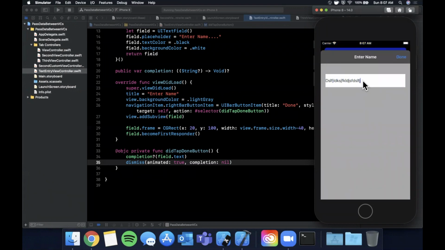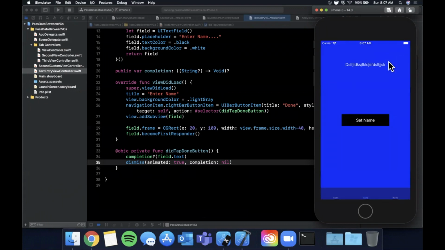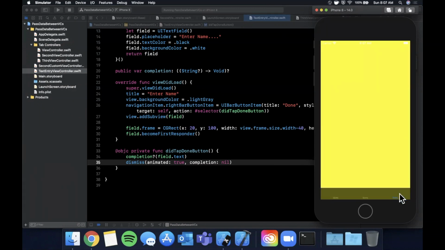Let's try some other text. We can just put in anything in here. And we see we successfully pass it back to this blue controller. Beautiful. The last thing we're going to do, this video has actually gotten way longer than I planned for, but